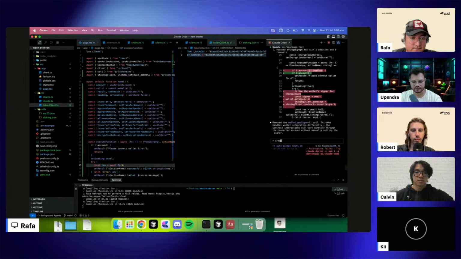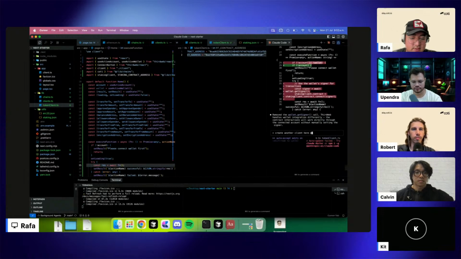So create another client here, and I will tag token client, and also the other UI to call all the functions